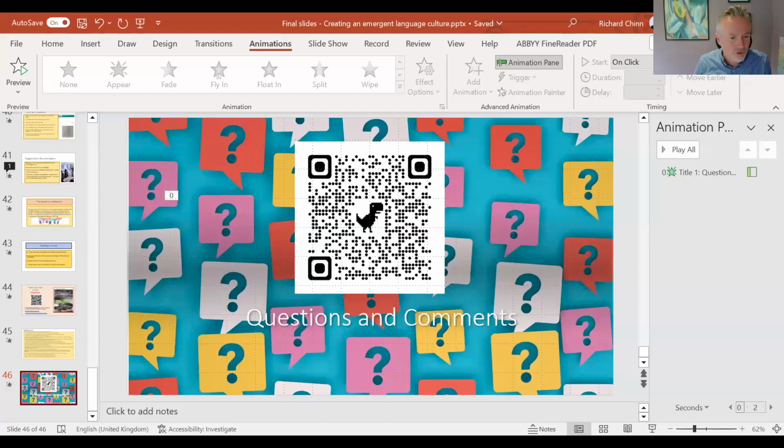So lots of questions. We don't have a lot of time, but I'm sure we can squeeze a couple of minutes in. So one thing, just from my perspective, and this is going slightly skew: in what ways do you think engaging with emergent language gives student agency? What I mean is you're giving time and attention to something that the students have accidentally contributed, and therefore it's motivating for them, what they may want to learn, even though they don't know they want to learn it. So in terms of that ownership and agency, is it important in your opinion or not?